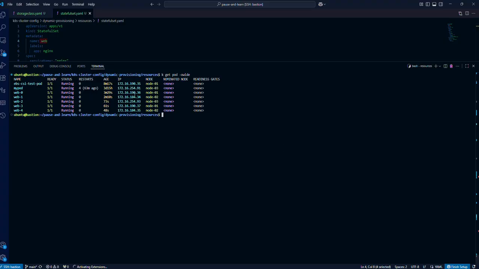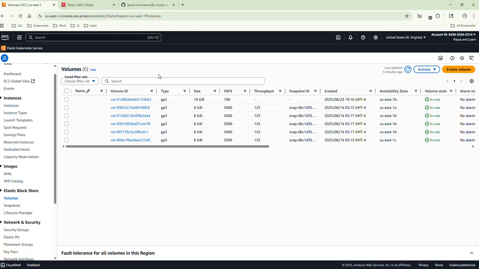You can see that they are getting attached to all our worker node. So starting from here, you can see that this one is attached to node 1, node 2, node 3, node 1, node 2, right? So let's head over back to our AWS management console on the EC2 dashboard and refresh